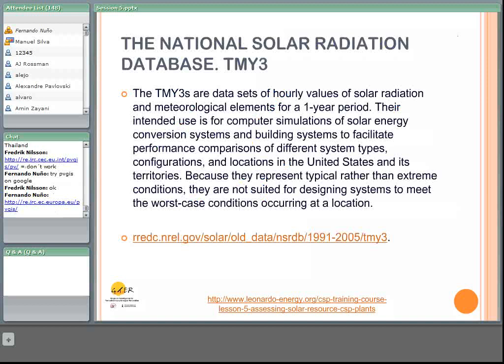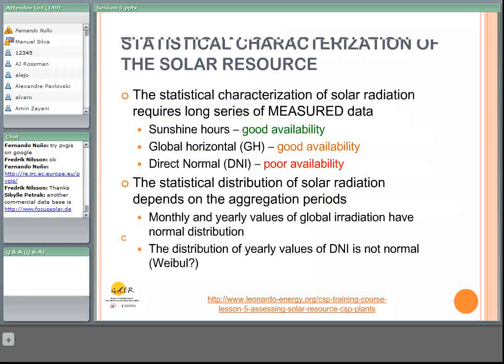In this case, TMY3 is the last version. These are data sets of hourly values of solar radiation and meteorological values for a 1 year period. These typical meteorological years are used mainly for computer simulations of different solar energy conversion systems, and the procedures to elaborate them are different. There are different procedures, but